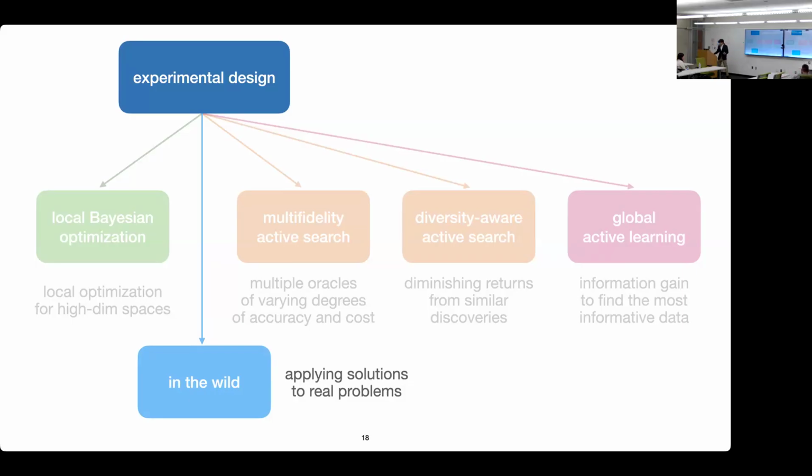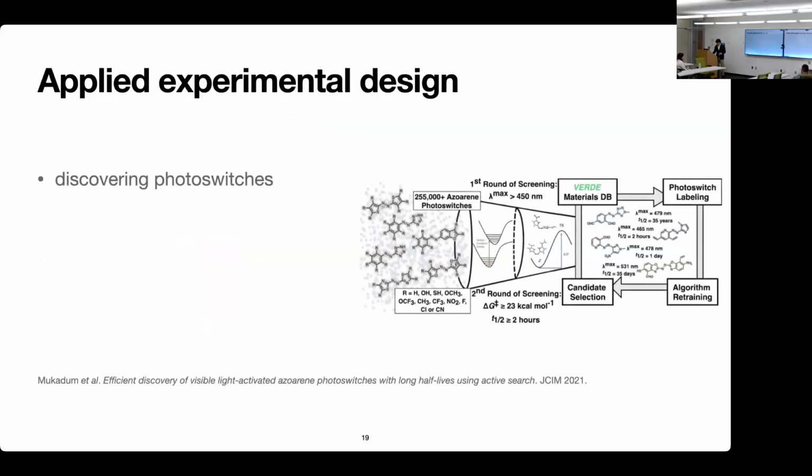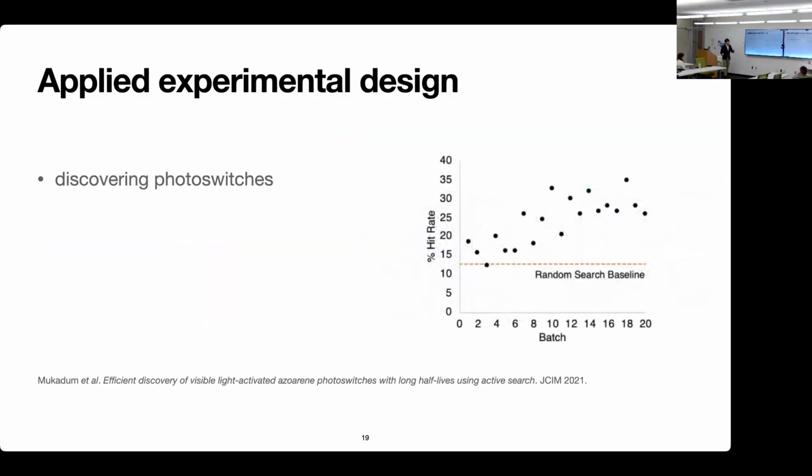So I'd like to talk a little bit about some of them. In one particular application, we care about discovering photo switches, which are these particular molecules that react to light in a certain way that can be synthesized into performing very important applications. So by using the active learning policy, the active search policy that we talked about, where we care about finding as many good photo switches as possible, we're able to